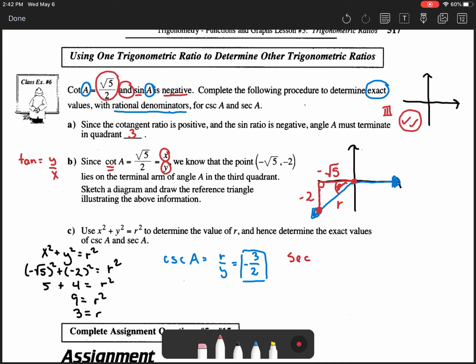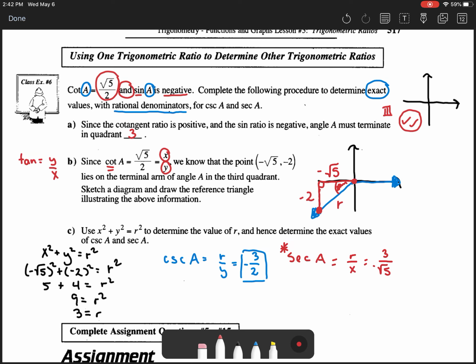When I go and do secant of a, you're going to see this is the tougher one here. So secant of a is going to be r over x, because it is the reciprocal of cosine, which is x over r. So when I do this, the r value we said was 3, and then this is negative,